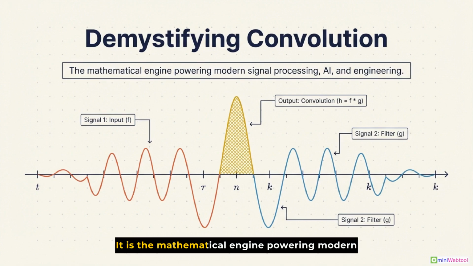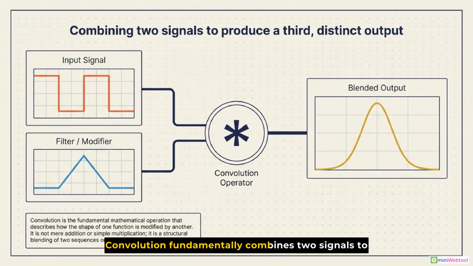It is the mathematical engine powering modern signal processing, AI, and engineering. Convolution fundamentally combines two signals to produce a third, distinct output. It's a structural blending of two sequences or waves over time, where the shape of one function is modified by